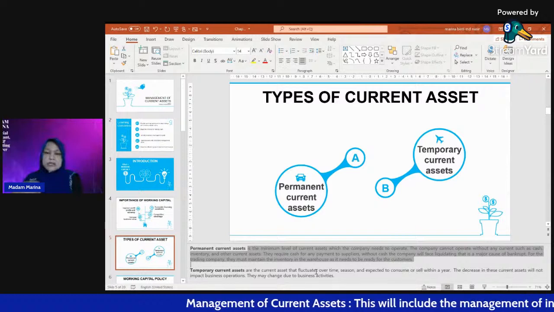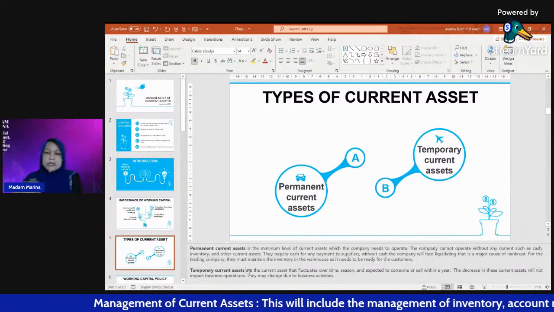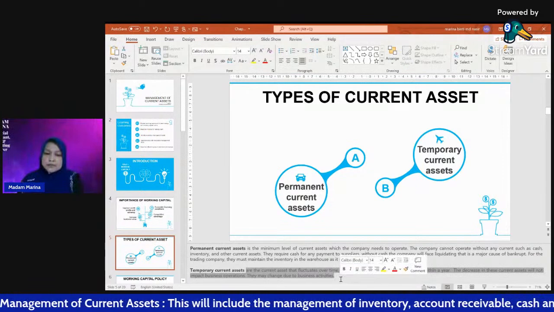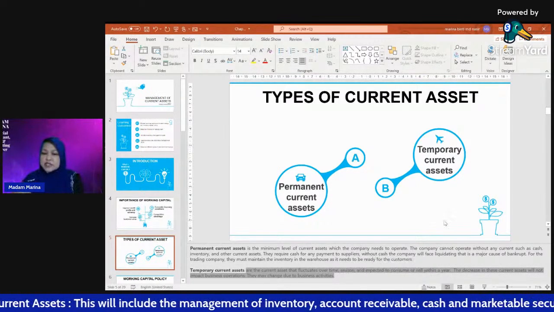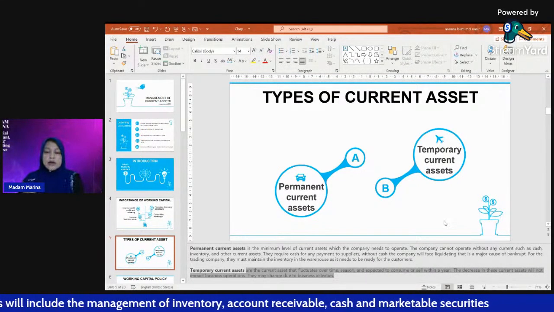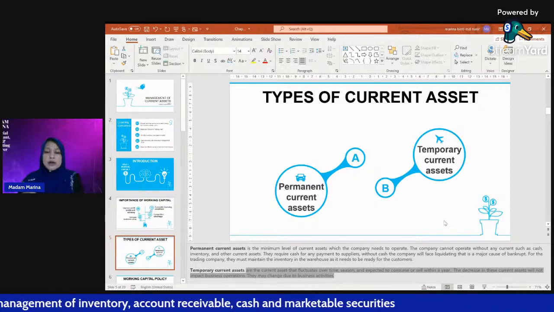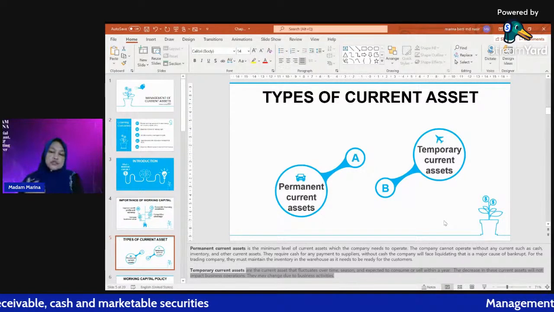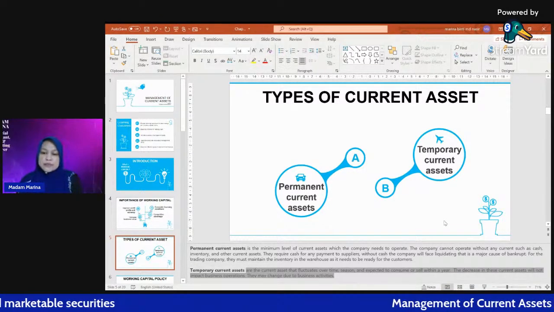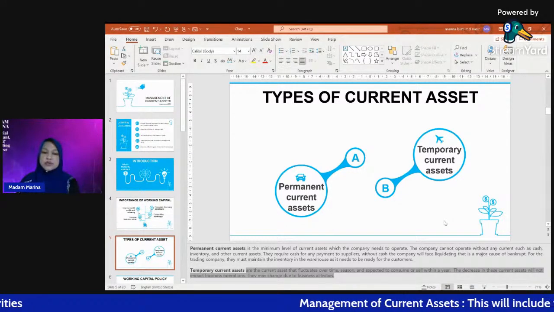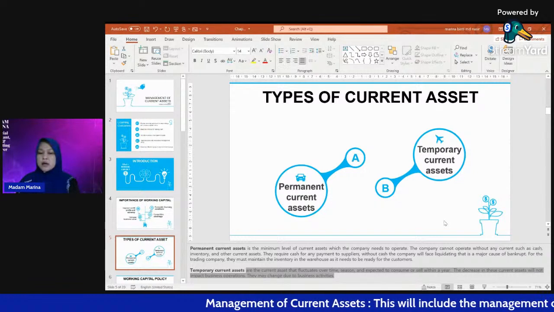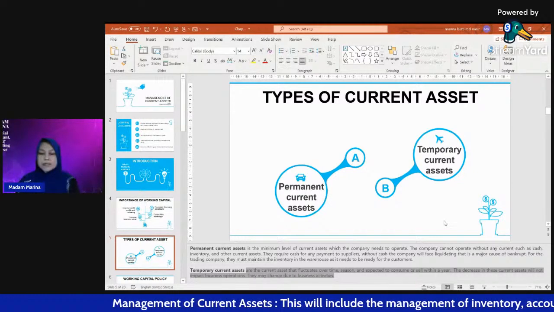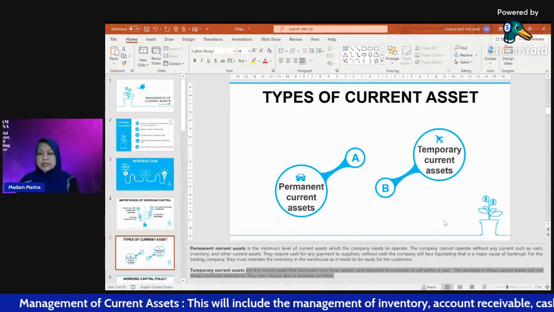How about the temporary current asset? Okay, temporary current assets are the current assets that fluctuate over time. For example, in certain seasons only, and expected to be consumed or sold within a year. The decrease in the current asset will not impact business operation. They may change due to business activity. For example,